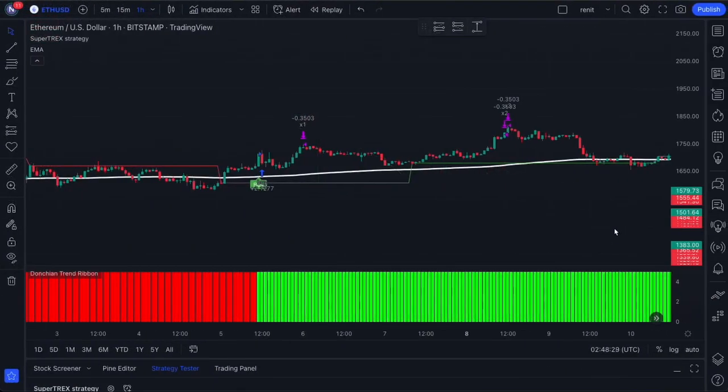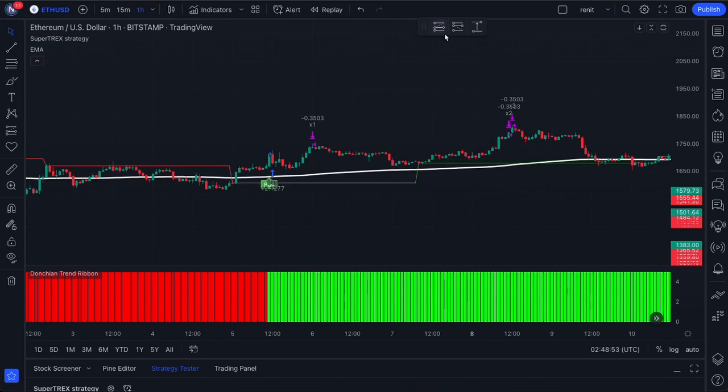So we can enter a buy trade whenever a buy signal is given by the SuperTrex indicator. Then once that condition is fully met, we want to see the secondary indicator display its green histogram bars, and as you can see here it is, so we can now consider the final indicator. So looking at our third and final indicator, we need the price action to be moving above the 200 EMA line, which it is. So with all these conditions met, I can enter a long trade at our entry price here,